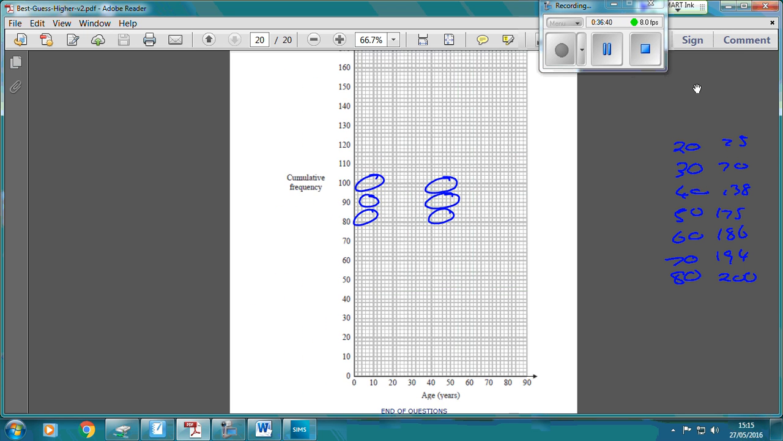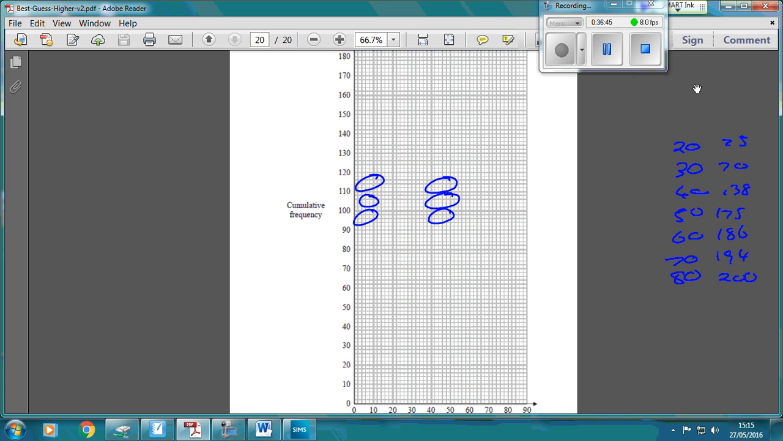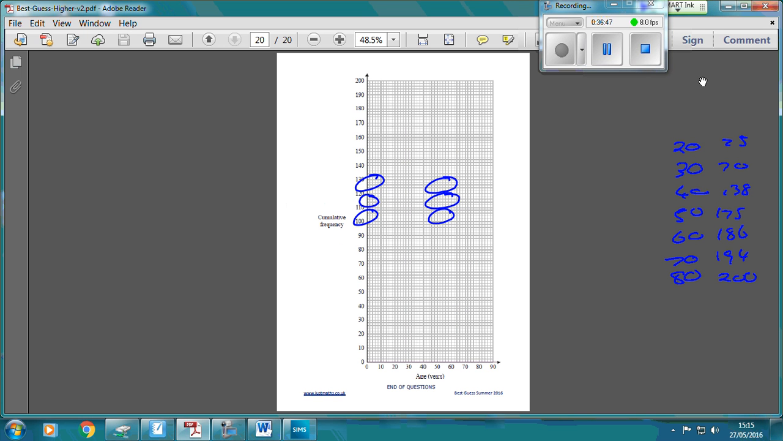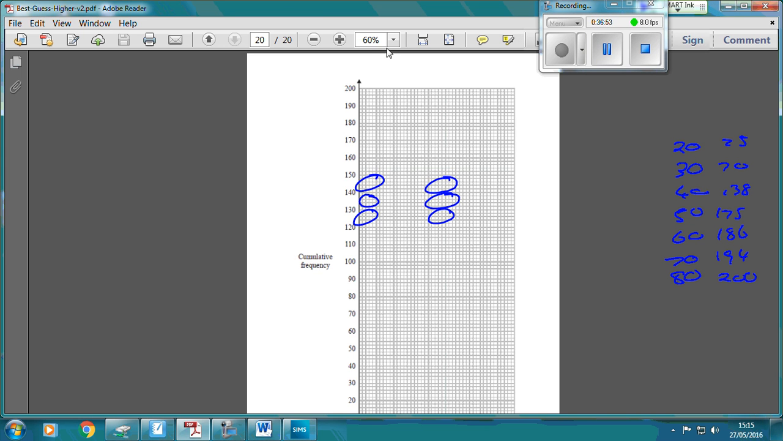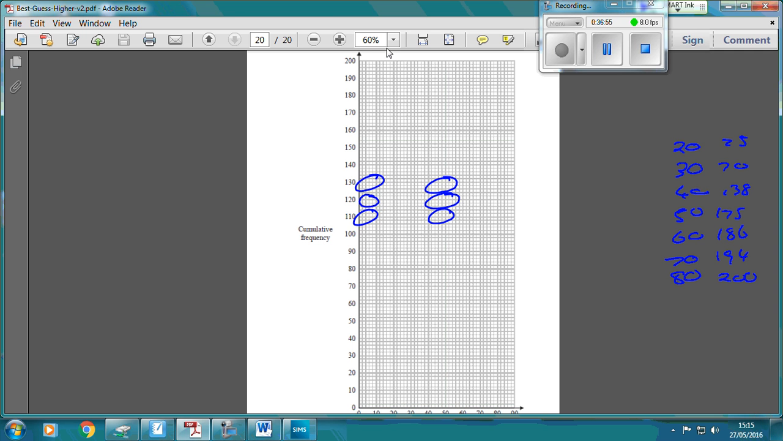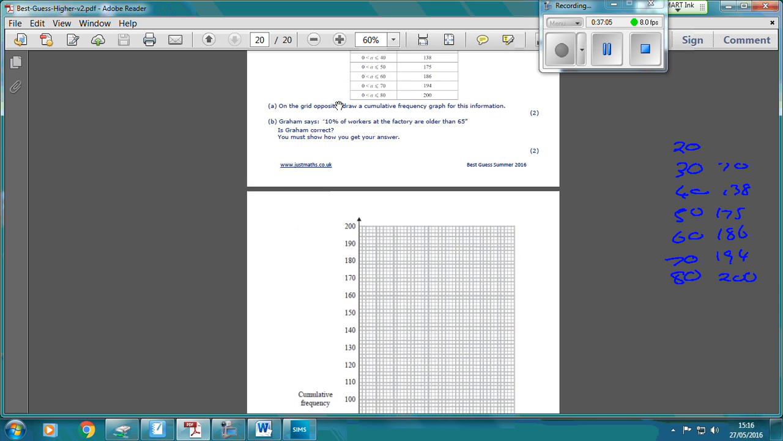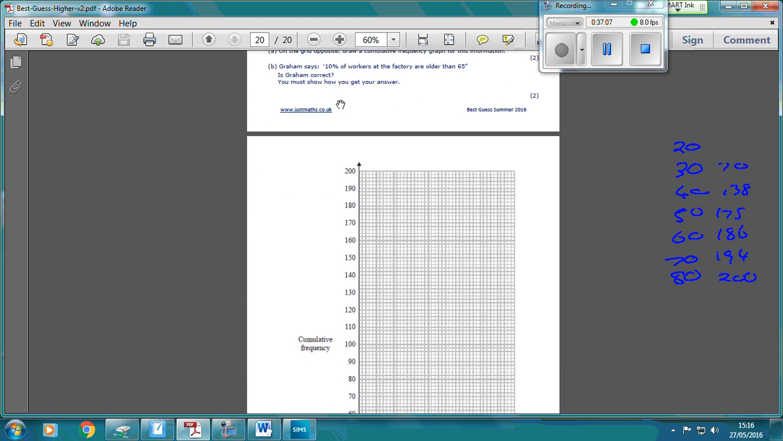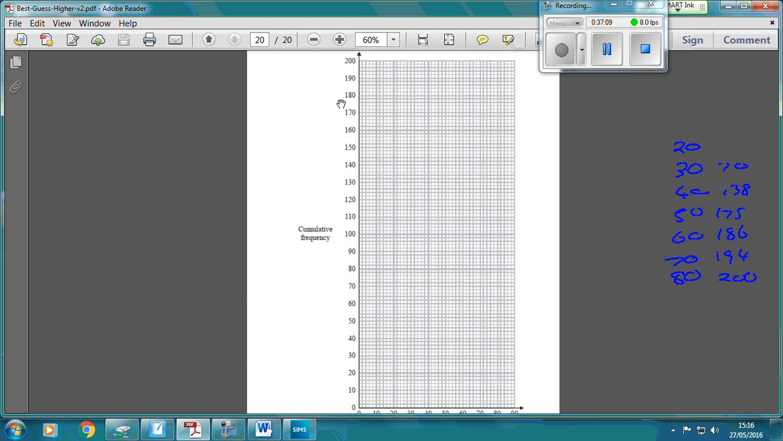So I'm going to need to make this a little bit smaller. Okay, so let's try 60%. Okay, yeah. So once we've circled the cumulative frequency and oh god, what was that? That was 25. Okay, so